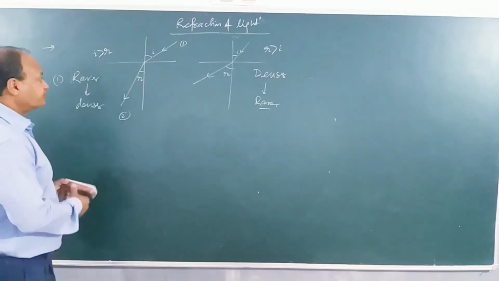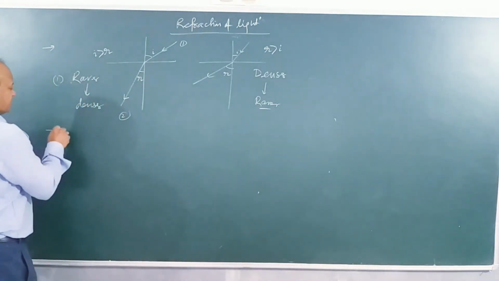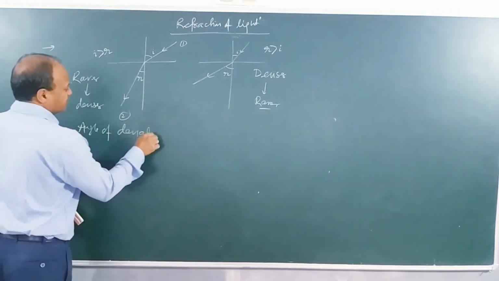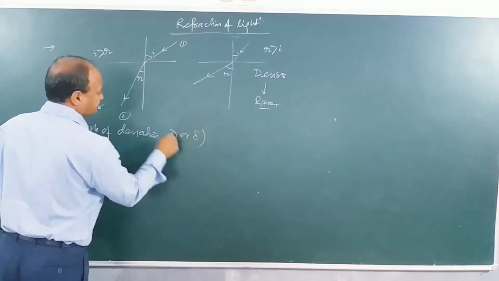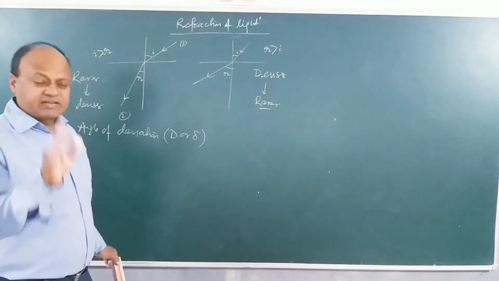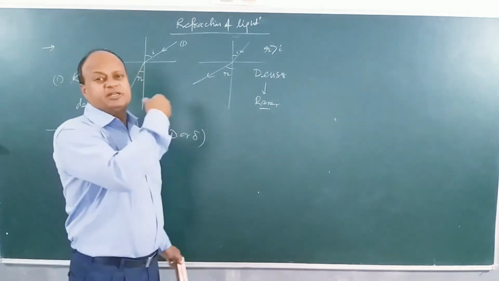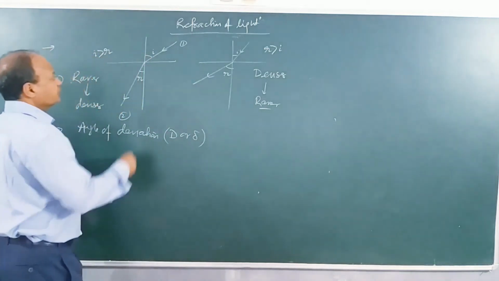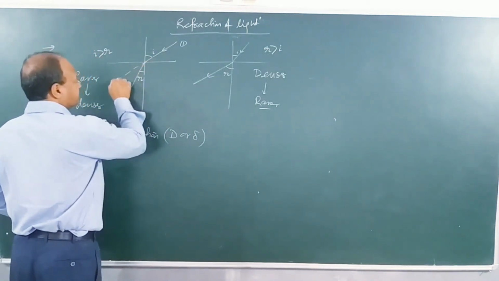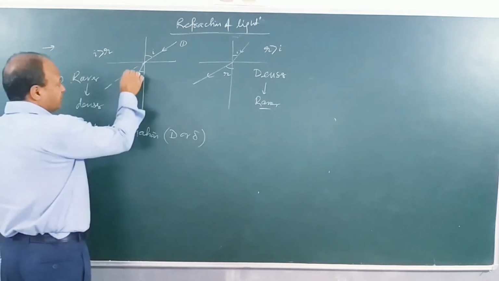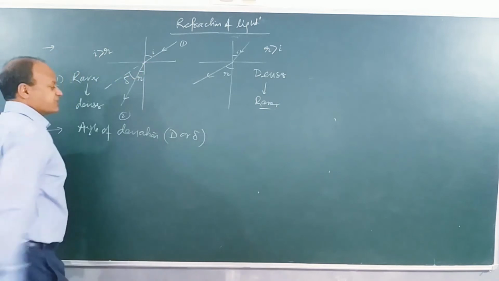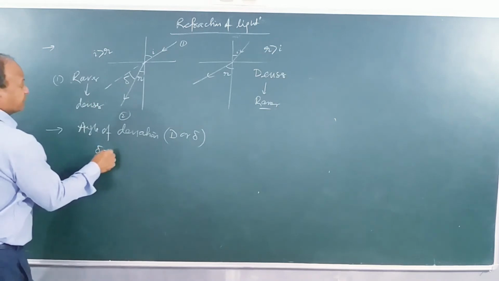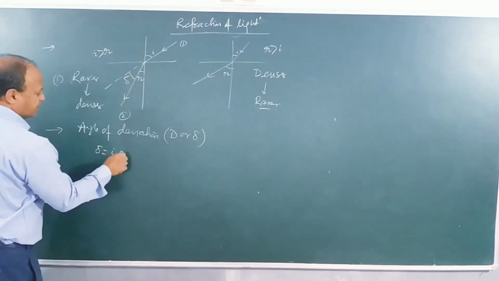And children, there is another term that you should understand. What is angle of deviation? Angle of deviation, its symbol is d or delta. When a ray is traveling from one medium to another, it is deviating from its path. So the angle by which it is deviating is called angle of deviation. Let's see here. This is how the ray was traveling, and this is how it is going. So this is precisely the angle by which it is deviating. If I use simple geometry, then angle of deviation delta here is how much? i minus r.